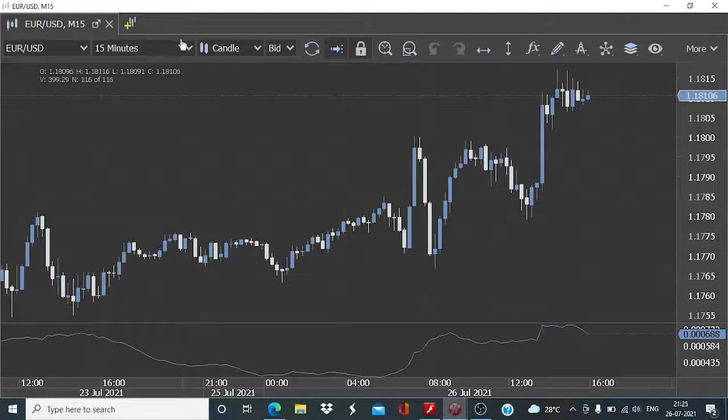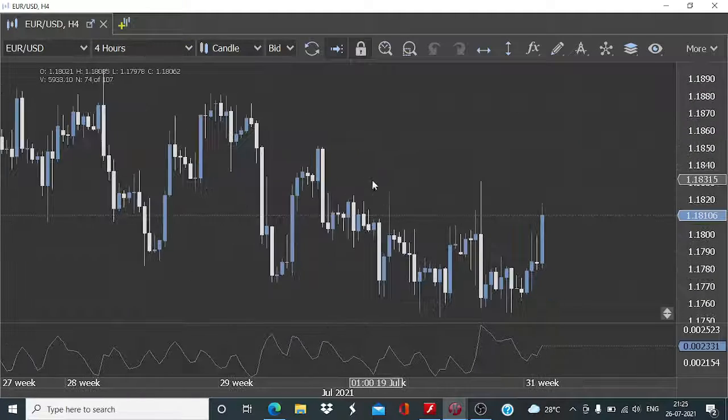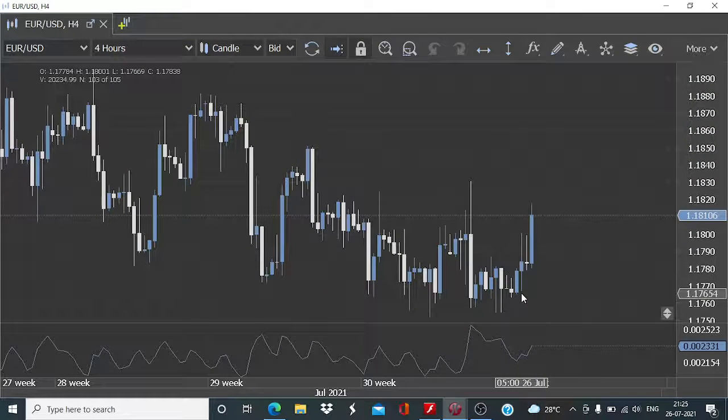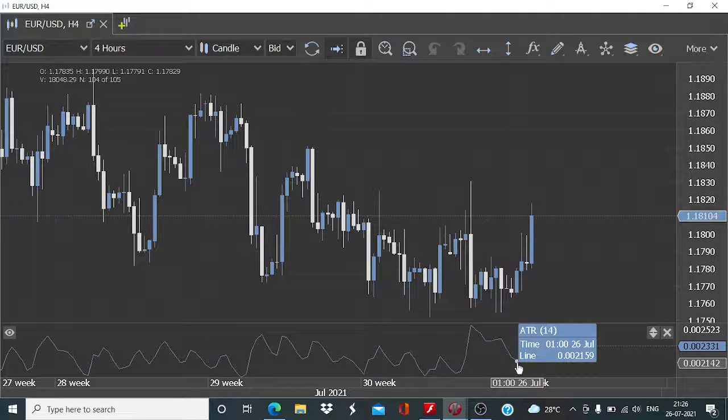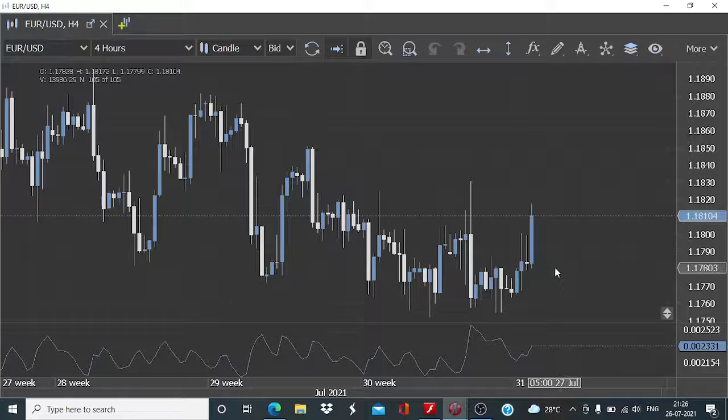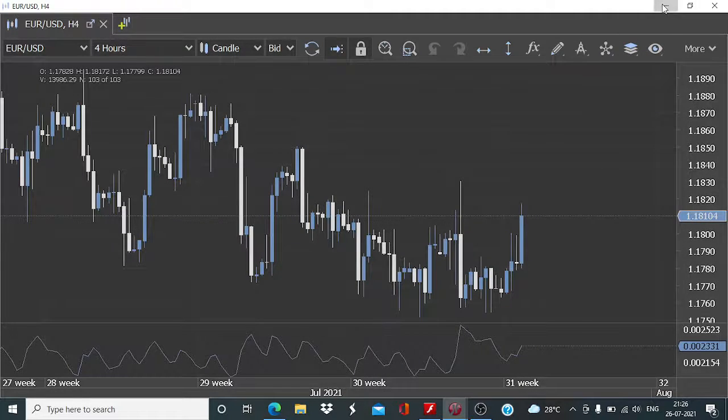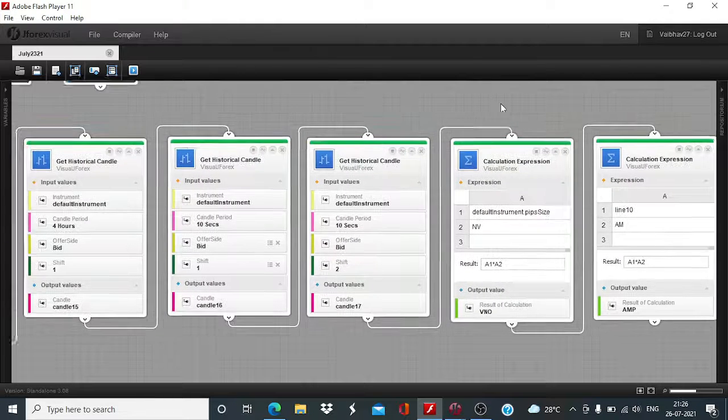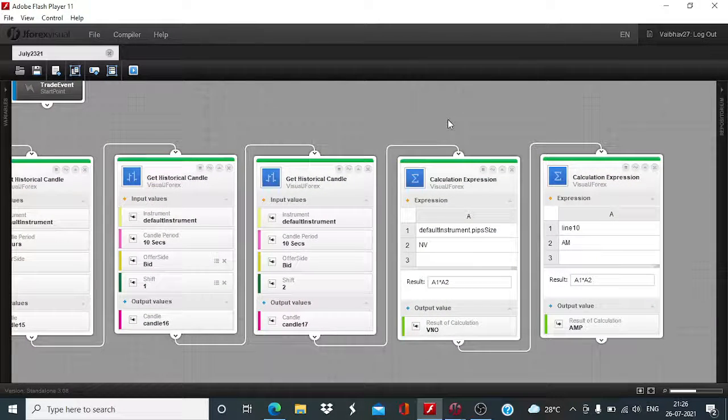Okay, and we will be placing the order closer to the low of the last 4 hourly candle, and for that we are taking 20% of the 4 hourly candle's ATR. We will add it to the last 4 hourly candle's low, and that will be the point of entry for any trade. And the stop loss is going to be half of the 4 hourly ATR, whereas the target price is going to be twice of that. That simply means whatever is the 4 hourly candle's ATR, that will be our target price. So as you can infer, the setup is quite simple, and equally simple will be my explanation